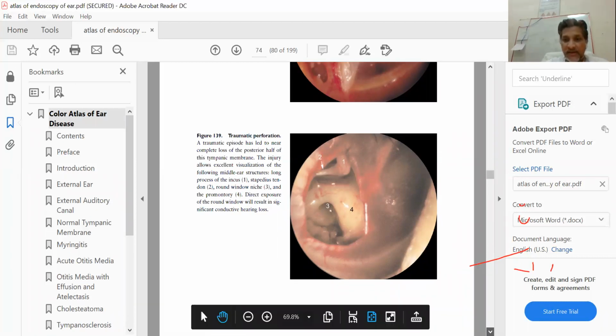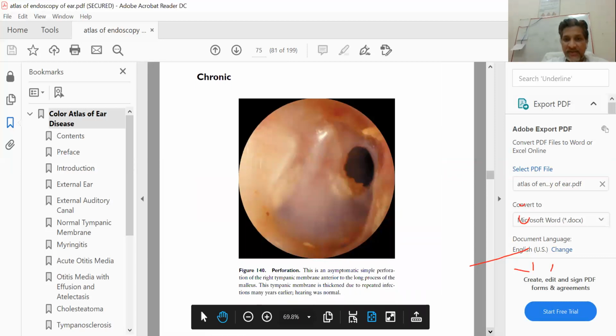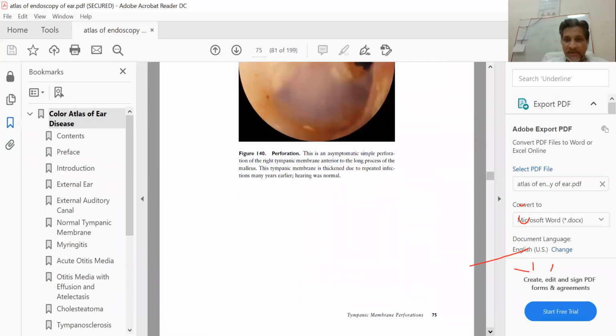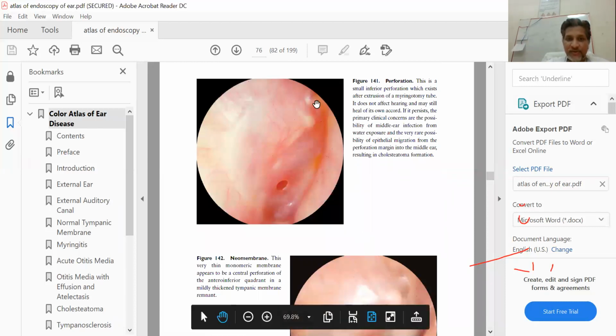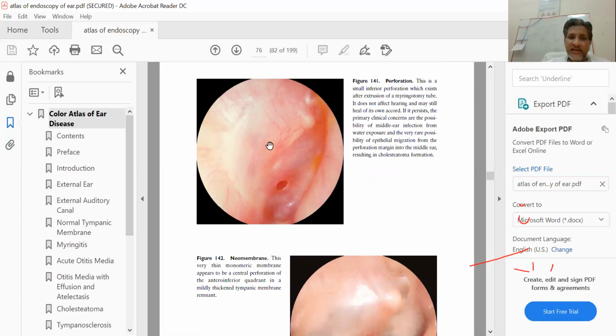We'll move on to the next slide now. So this is again a perforation, we'll skip it, we don't have a clear picture here. So this is again a very small size perforation of the tympanic membrane. A large size perforation has an added advantage in that it doesn't entrap the secretion of the middle ear, and it also happens to be a portal for ventilation.